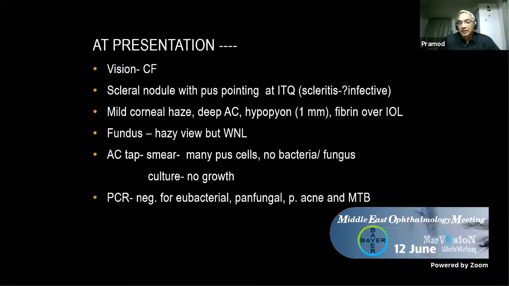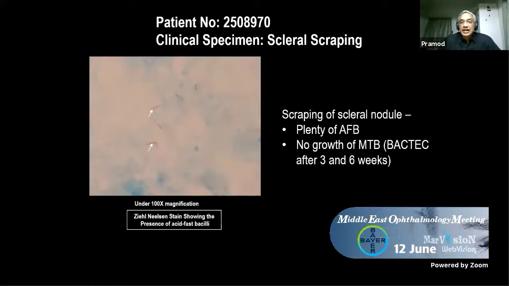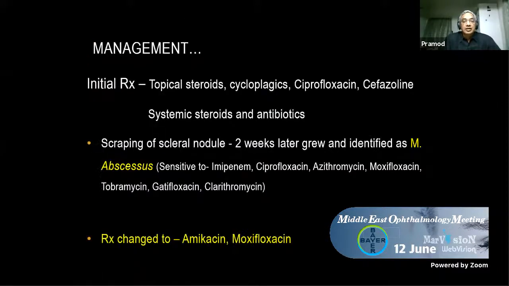But the scleral scraping, when we sent for a culture, shows acid-fast rods. There are plenty of acid-fast bacilli, but did not show any growth of Mycobacterium tuberculosis. So we started her on topical steroids, cycloplegic, ciprofloxacin, cefazolin, systemic steroid, antibiotic, trying to treat as endophthalmitis. But now the scleral nodule, which we scraped, came back. Initially there was no growth. Now it turned out to be